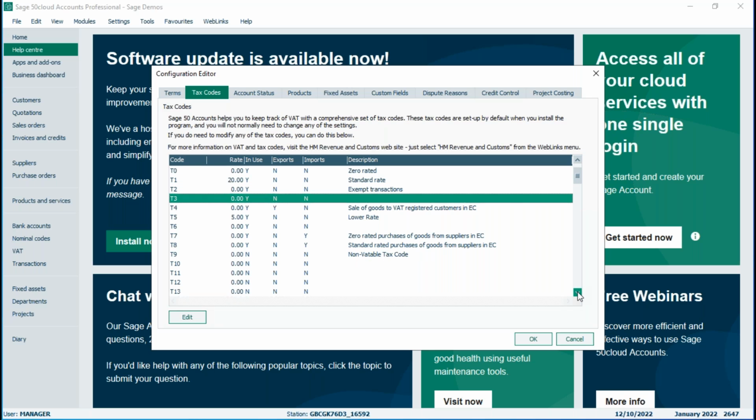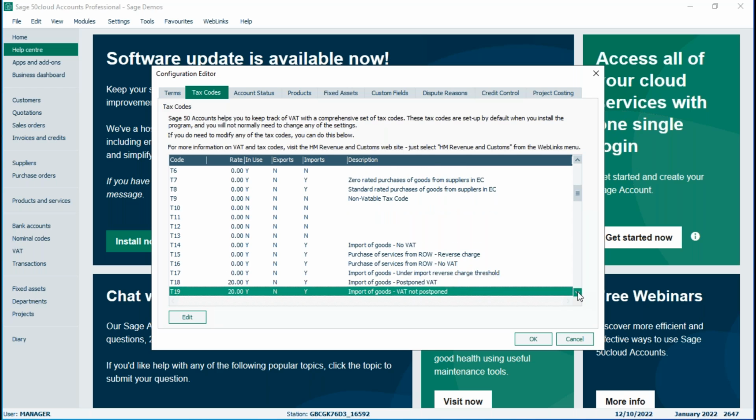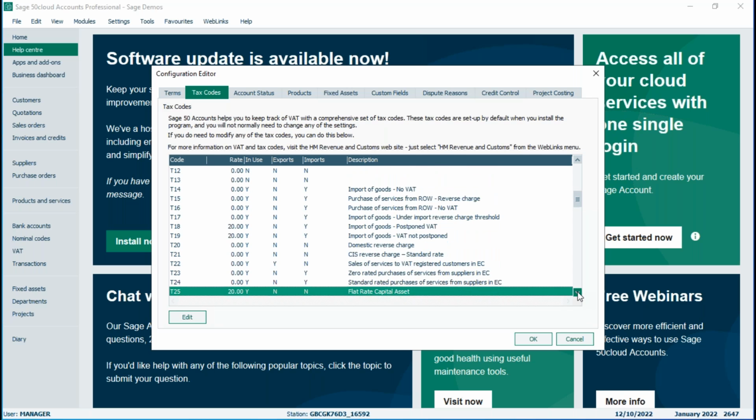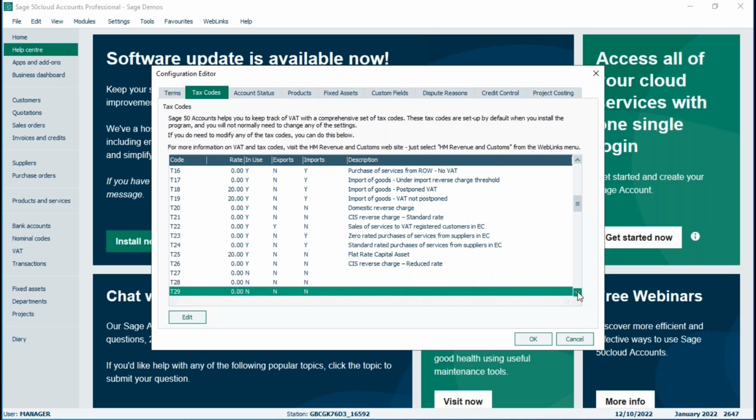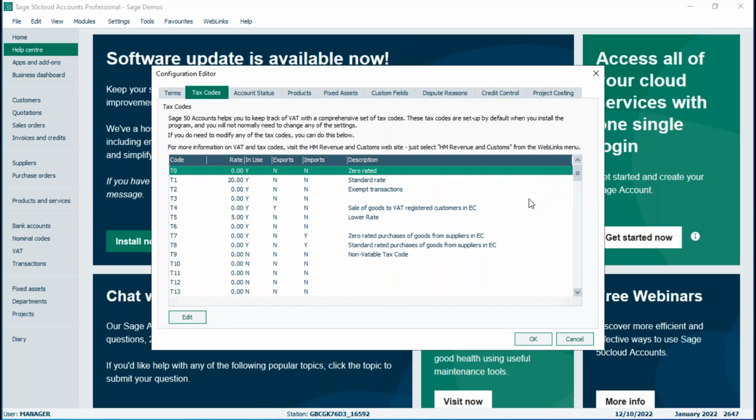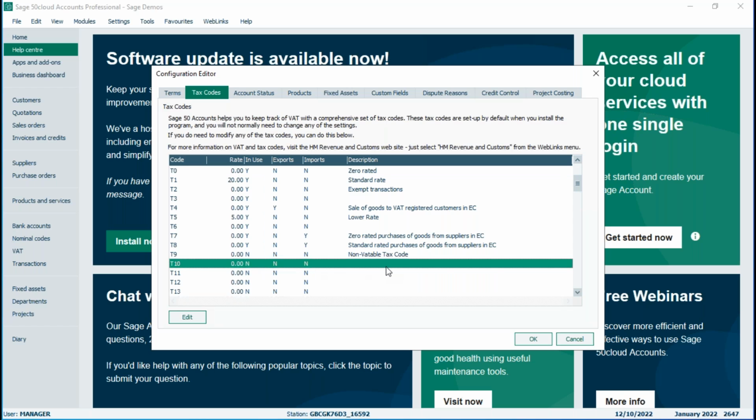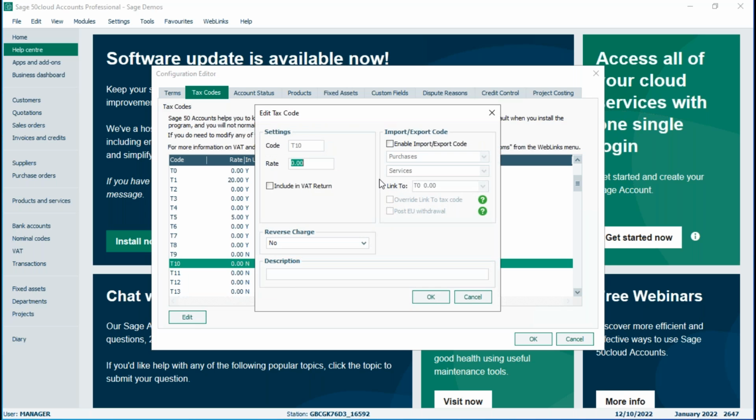If I scroll down my list, when we get into the mid-teens and beyond, you'll see there's quite a list in there. Quite a few of you will never ever touch those tax codes. Now, if you needed to set one up or even amend it, what you would do is find one that's maybe not in use. So let's say T10, the first one on my list that's not used for anything and not flagged as being in use at the moment. If I just highlight that one and edit it,